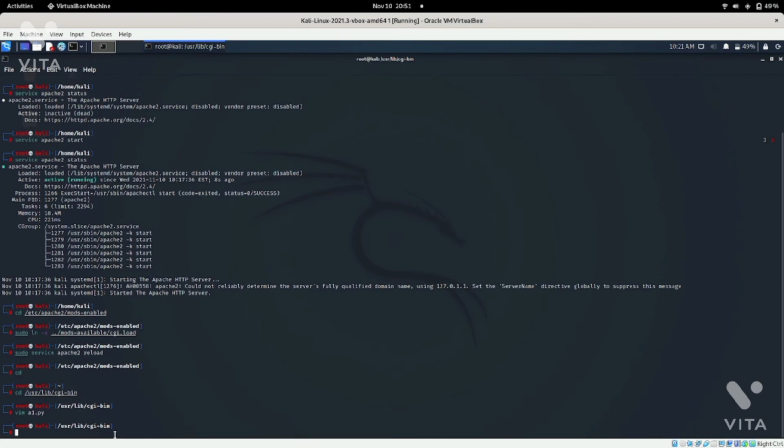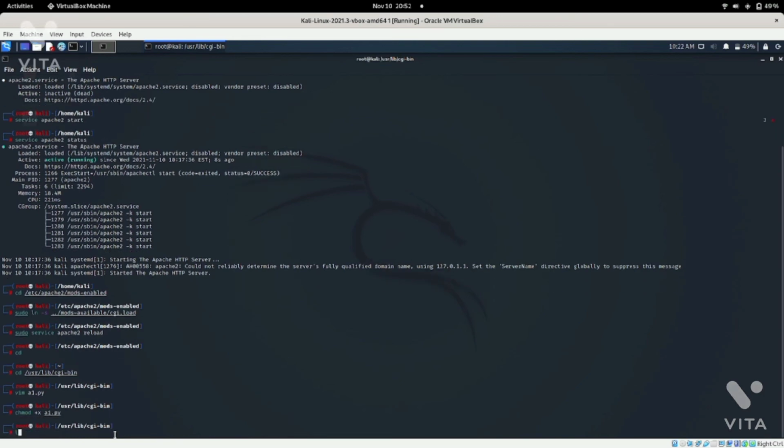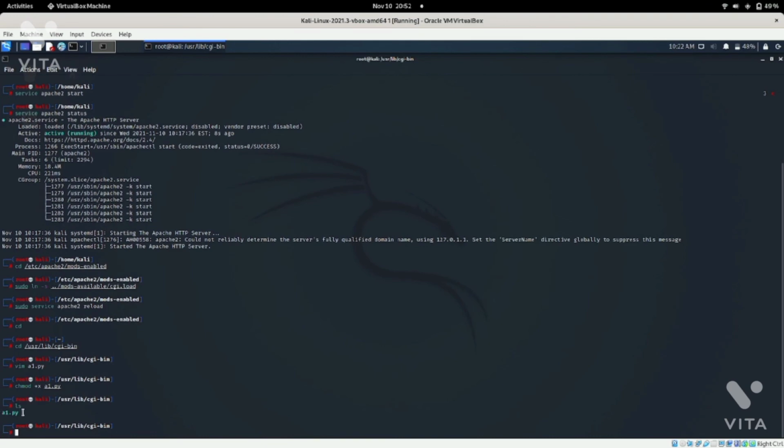Whenever you are creating a Python file on the web server, or which can be accessed through the web server, you have to make this file executable. For that we use the command chmod +x a1.py. As you hit enter, your file becomes executable.